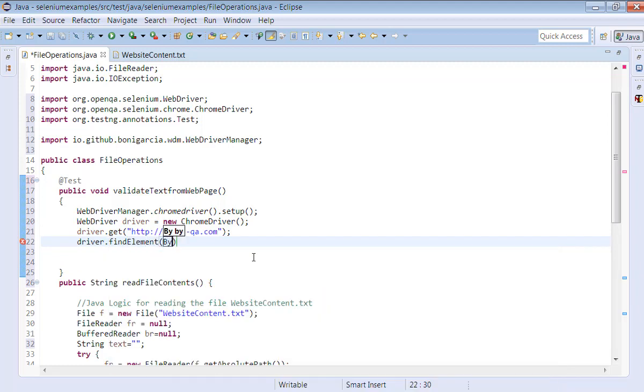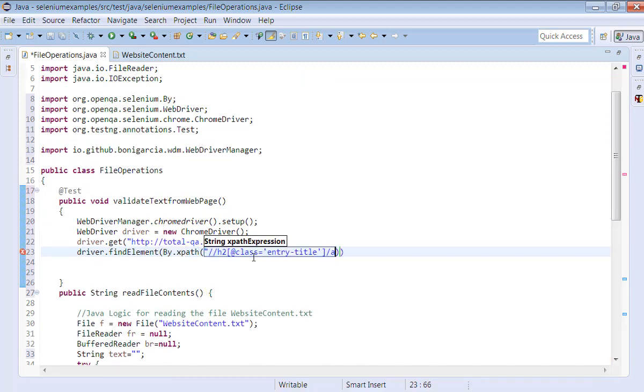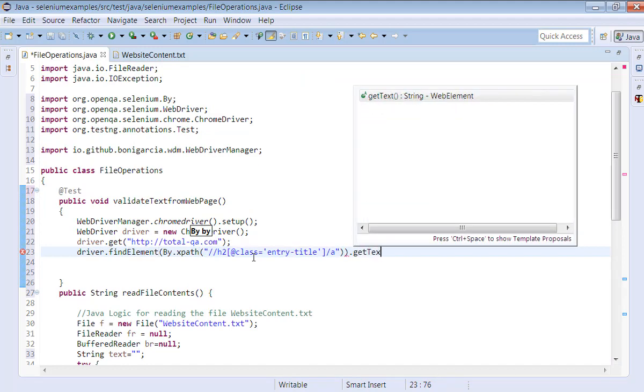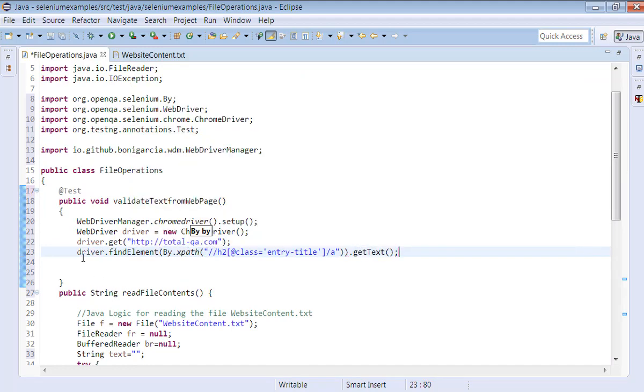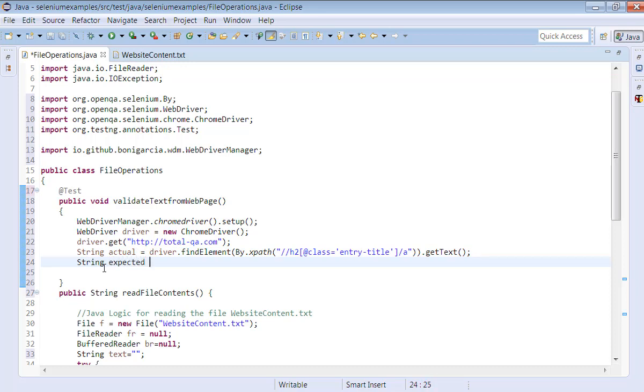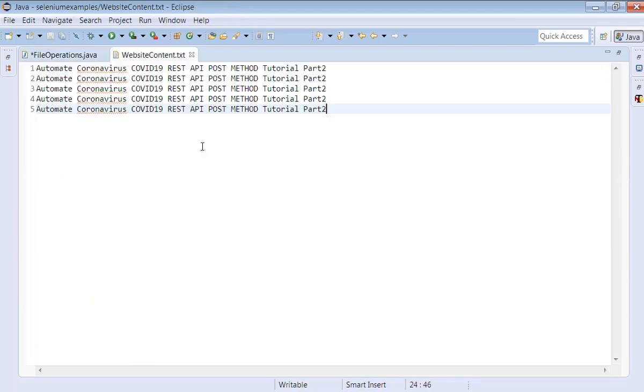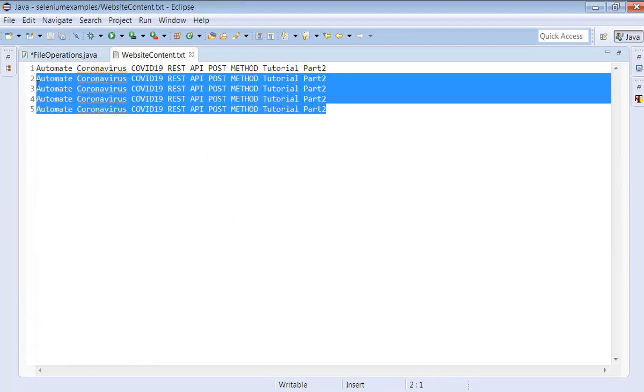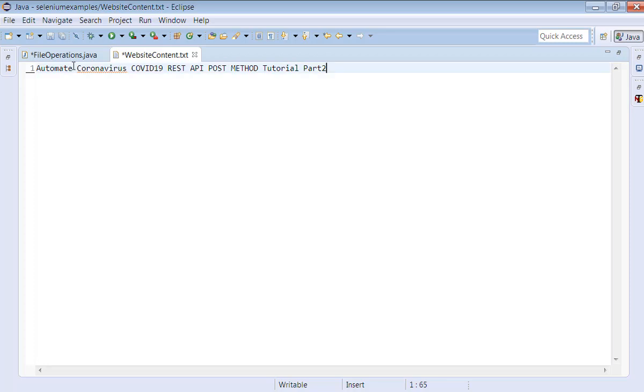Find element by xpath, we provide this xpath dot get text, and this we call actual. Similarly, we will call expected the read file contents, which returns a string. And one more thing, in the website content we removed all unnecessary rows.